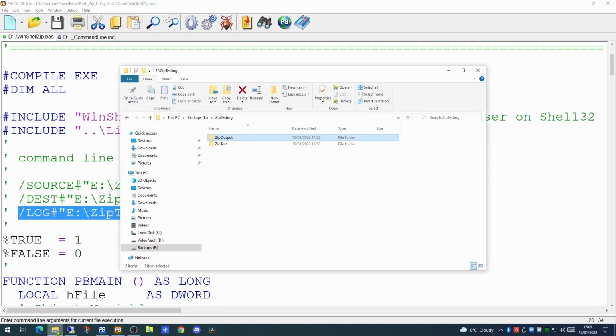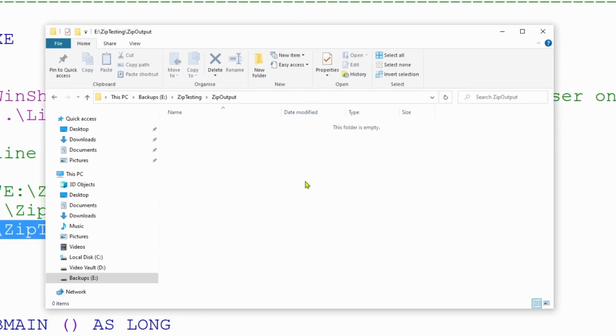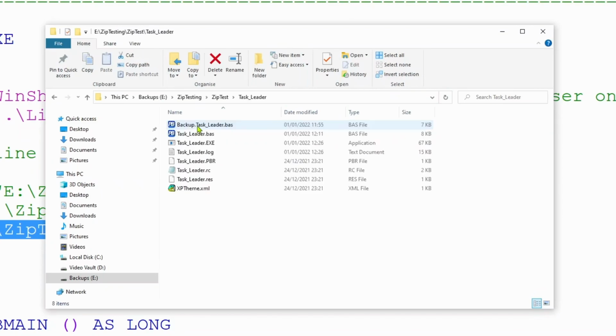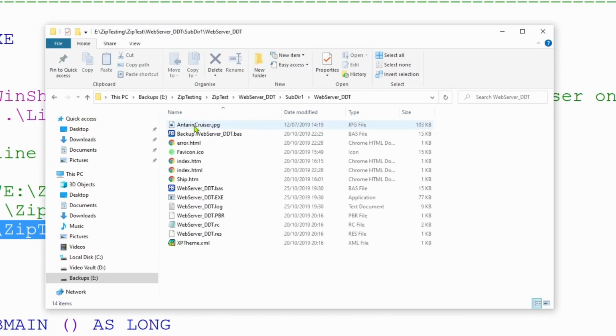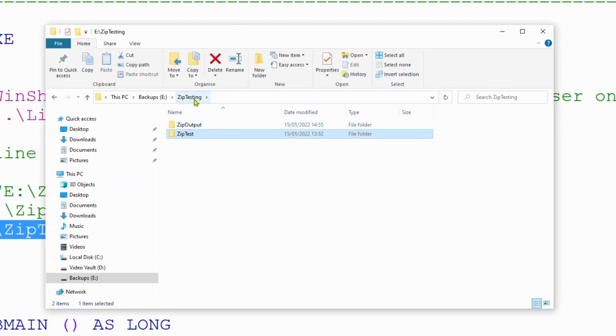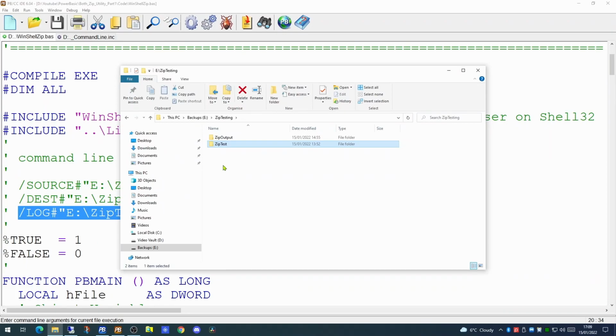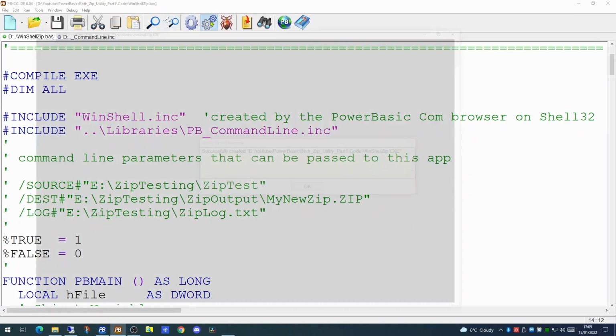So if we have a look at our output folders, our output folder at the moment is empty. And our zip test folder has 3 folders within it. Each of the folders has files, and one of the folders has a subfolder, which indeed has another subfolder, which has some more files. And in the root of zip testing is going to be created our log. So if we try running our application now,